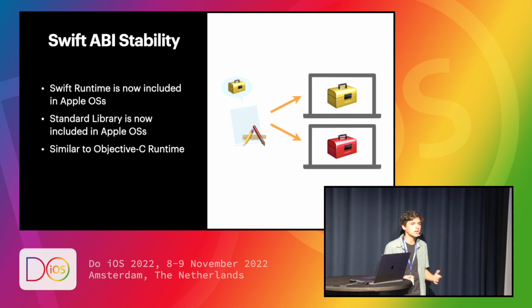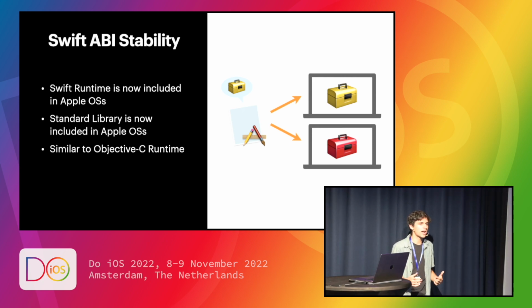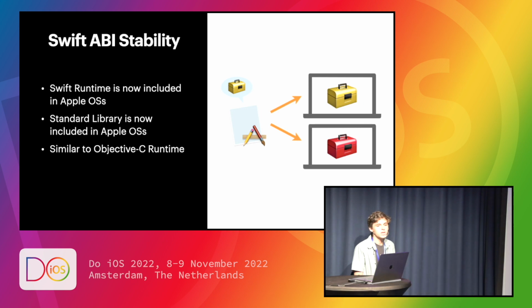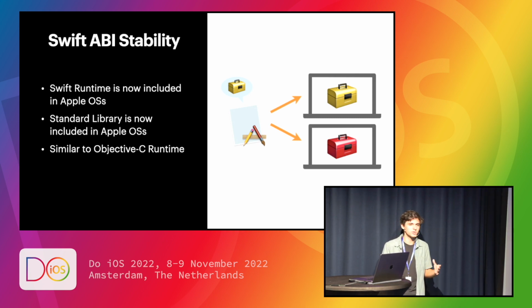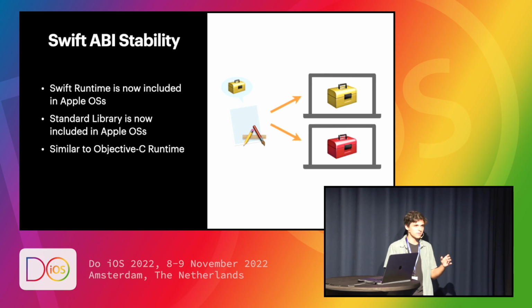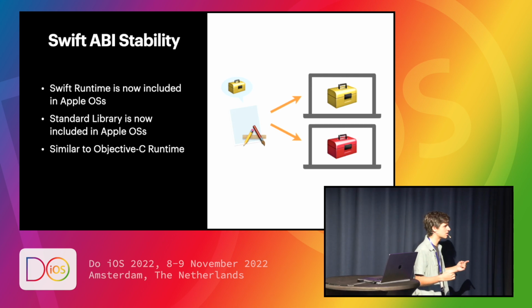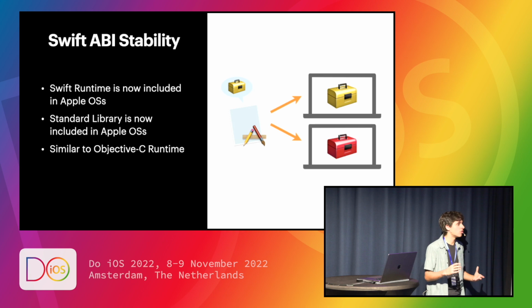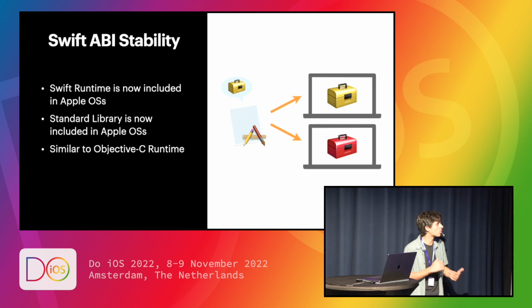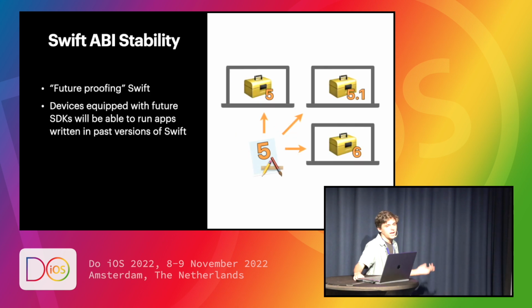This means that no matter which version of Swift your app was compiled with, all future versions can hopefully support that app. This is more similar to the Objective-C runtime, where you no longer have the runtime built into the app, where you have essentially two pieces that both need to be on equal footing. Now, as long as you are running the same version or a newer version on your device, it will work with the existing versions of the app. As you can see here, this makes Swift a little bit more, as I would say, future-proof.